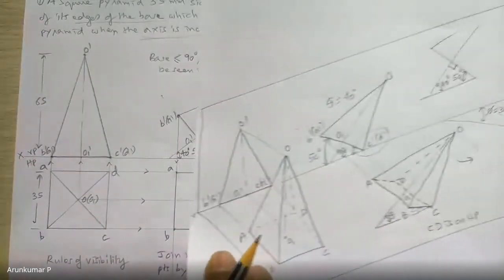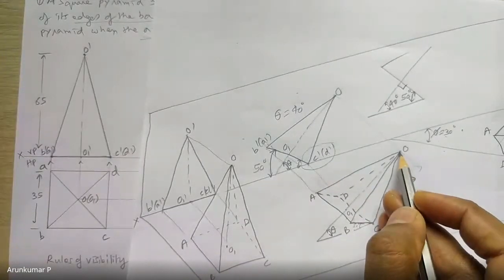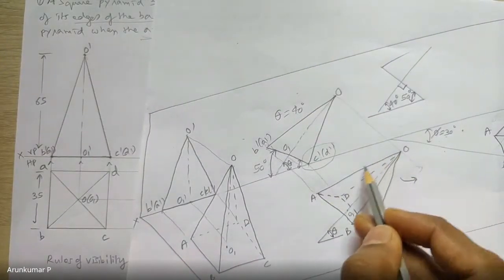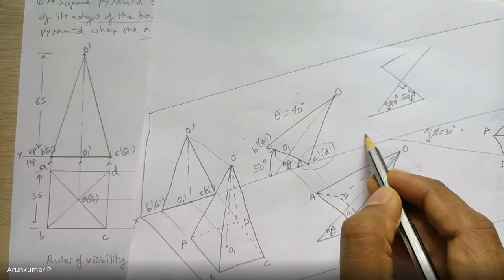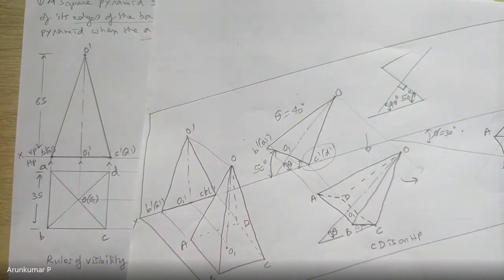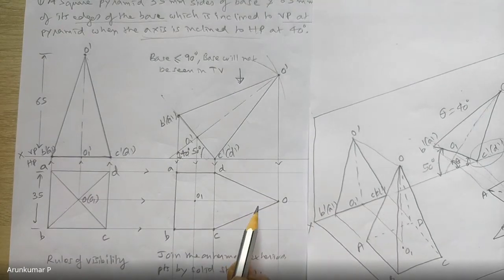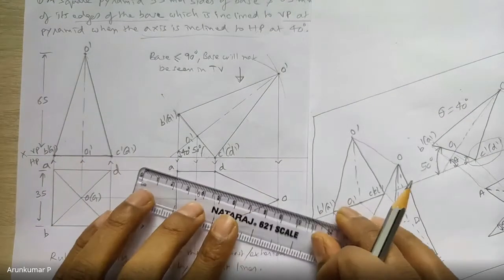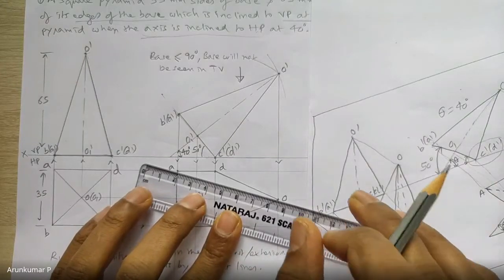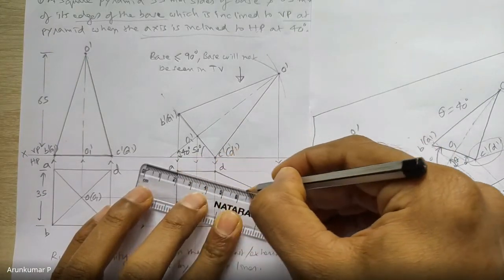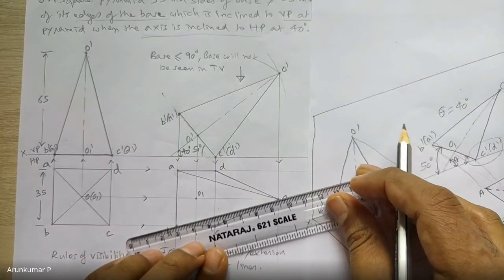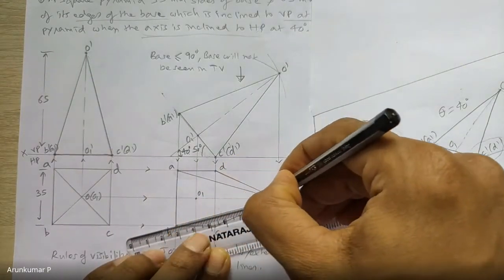You can rephrase it in another way. It is as good as saying that the triangular face OAB is completely seen when you look from the top. So as per our rule, the edges which are clearly seen should be drawn using solid straight lines. So what I'll do is OA joined by solid straight line, OB joined by solid straight line.